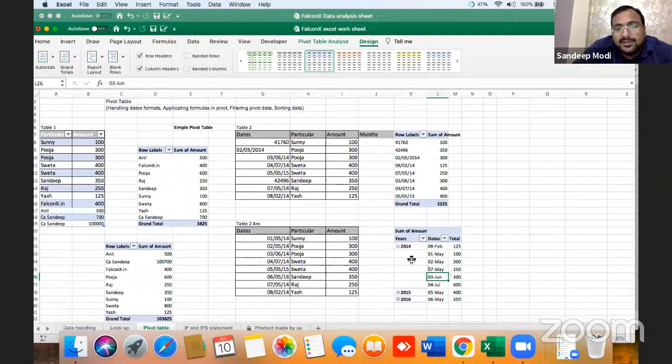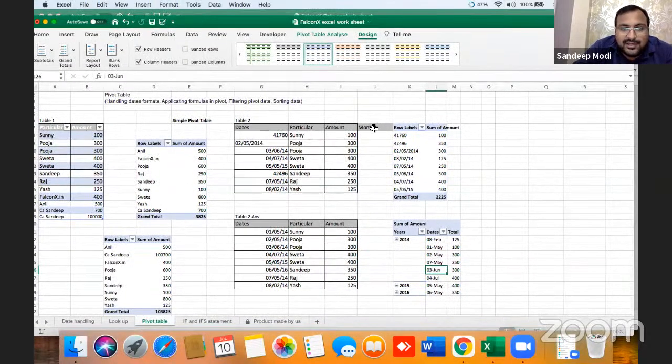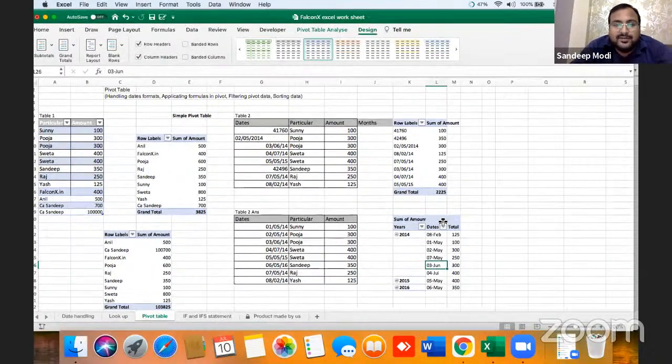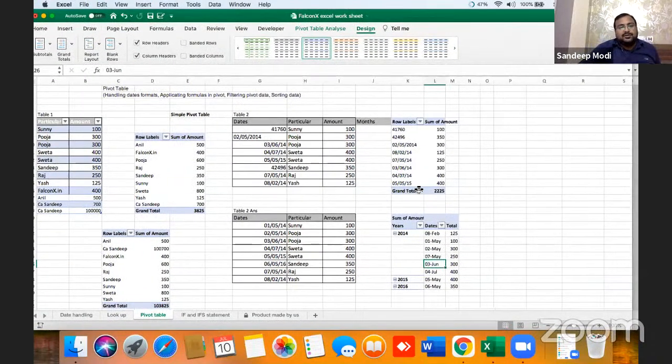This was the method, and one of the reasons why dates should be in the proper format. So this was all about pivot. Any queries relating to this till now? So in pivots, we handle it without changing the source data every time.